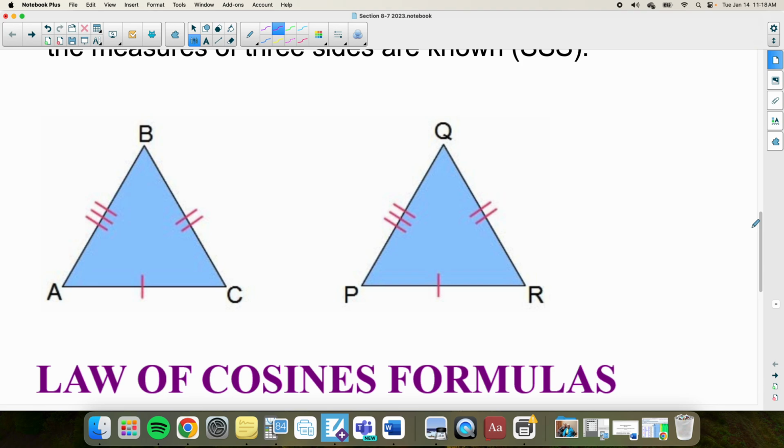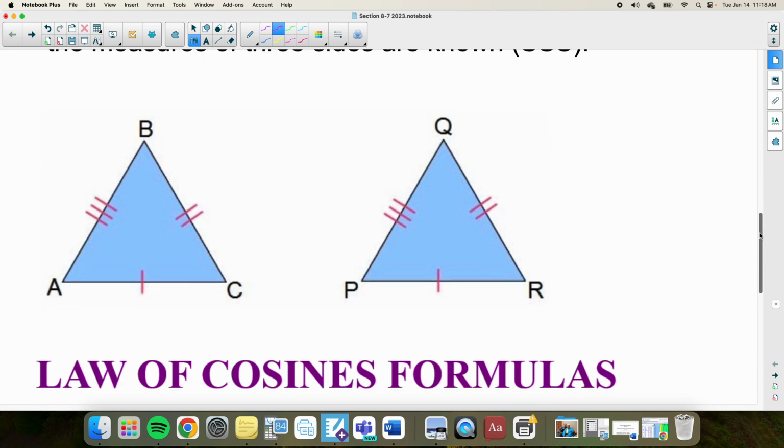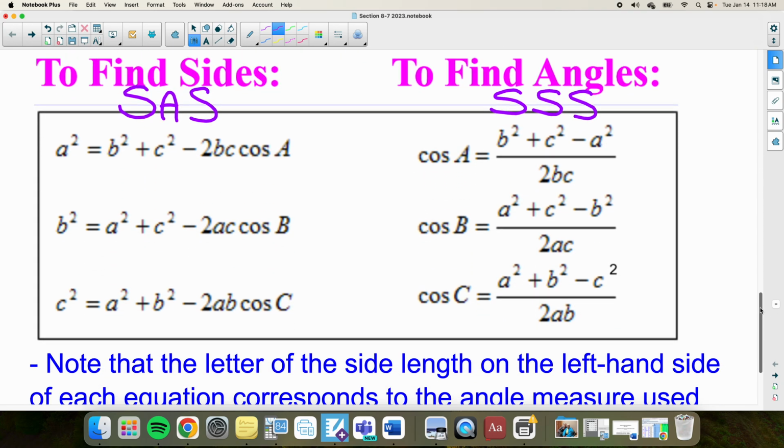Side, side, side. When you are given three sides, you have to use law of cosines for your first step, and that part we will learn tomorrow. Okay? When you guys look at these formulas that we're going to be using today,